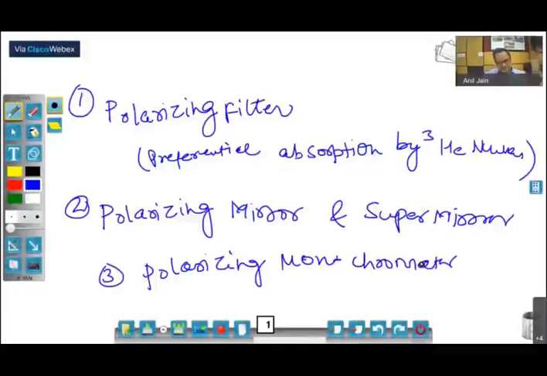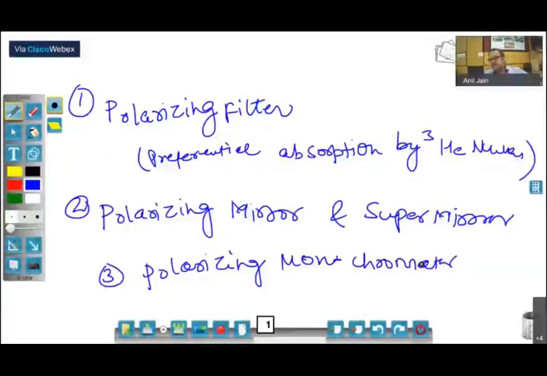But please remember this one thumb rule when you are doing polarized neutron scattering. If your P is parallel to the scattering vector, means the initial neutron polarization is parallel to the scattering vector, then all magnetic scattering goes to the spin flip channel. Please keep this in the back of your mind.